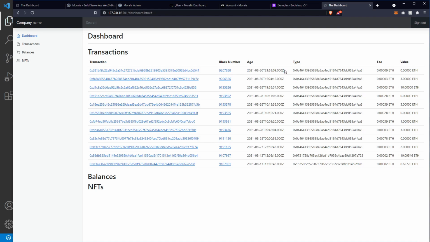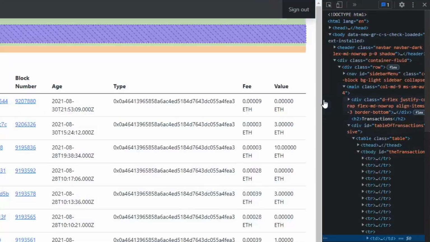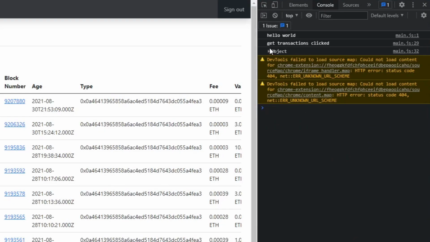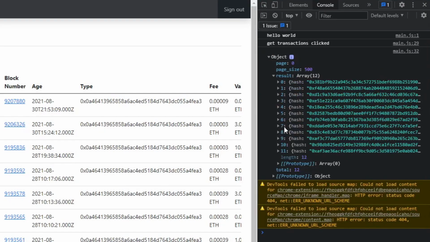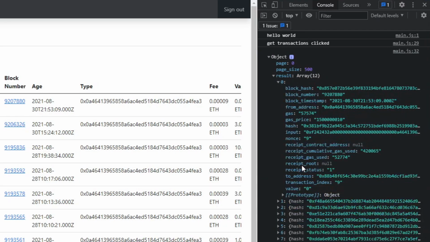So now age. Yeah, that's going to be the tricky one. So we're going to need a function in here because what we're going to need to do, we should hopefully still have our data in the console, do we? Yes, we do. So what we're going to need to do is consider what the current time is right now and also what the time was from the block stamp. We're going to need to pass that data that turns it back down to the number of milliseconds passed since 1970. We can take those two numbers away from each other,